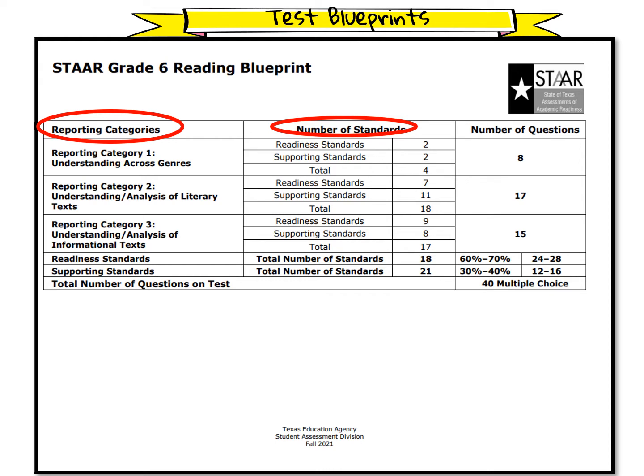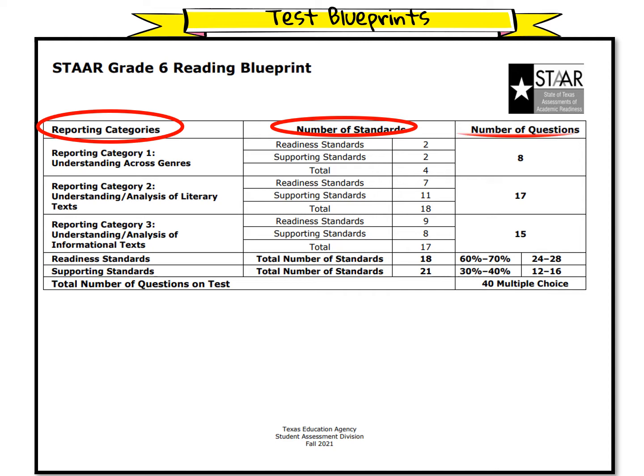So I'll be going over that in just a little bit. So let's look at the number of questions by reporting category. In sixth grade, students will get reporting category 1 is 8, reporting category 2 is 17 questions, and reporting category 3 will be 15 questions for a grand total, again, as you remember earlier, 40 multiple choice for our